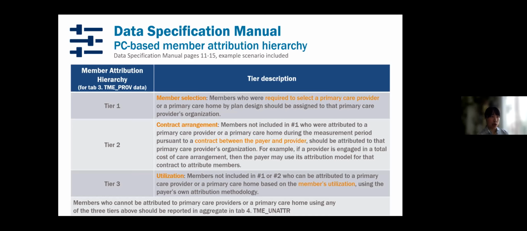And this is using your own internal methodology. We have some guidance to help with this, but this is an area where there is flexibility, and based on what methods a payer may have internally, you should definitely use that, and we may follow up with you to get more information on how you're doing